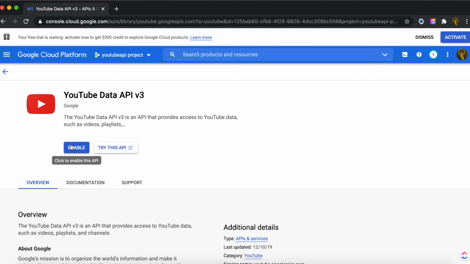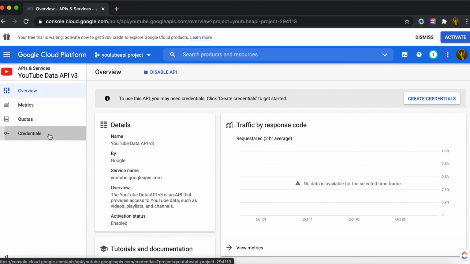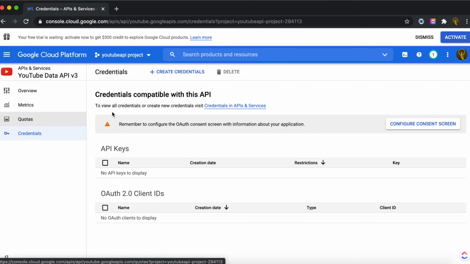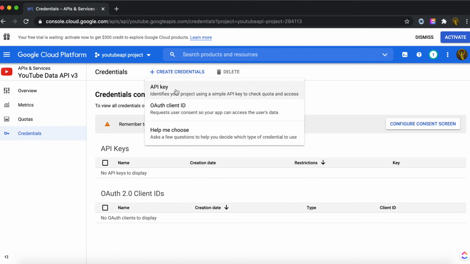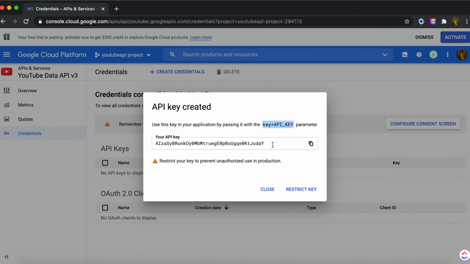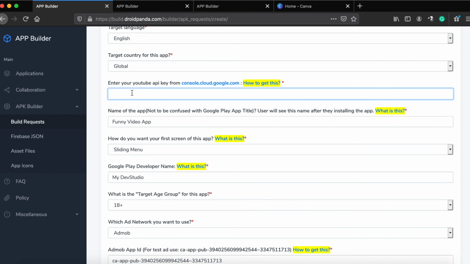Find and enable YouTube Data API. Once enabled, under credentials you will be able to generate an API key for our app. Once we've collected the API key, copy-paste it in the appropriate field.